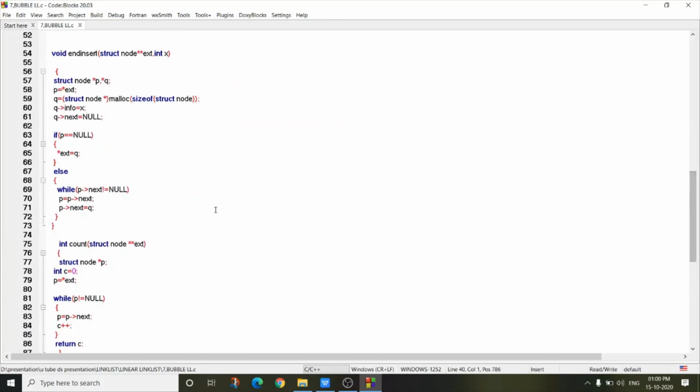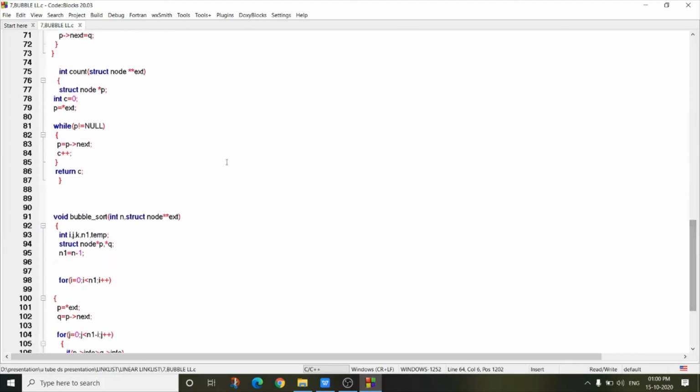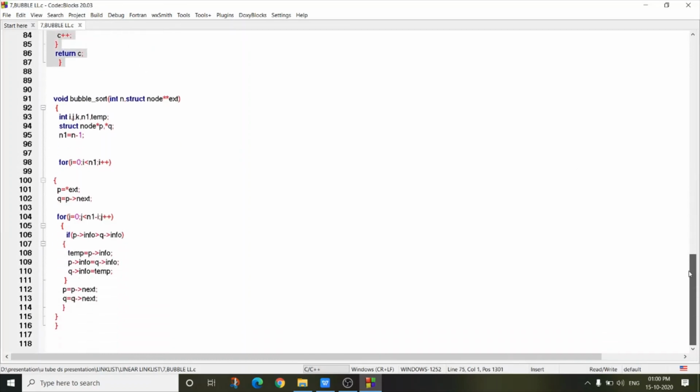This is the nInsert function. This is the count function. And finally, this is our bubble sort function.